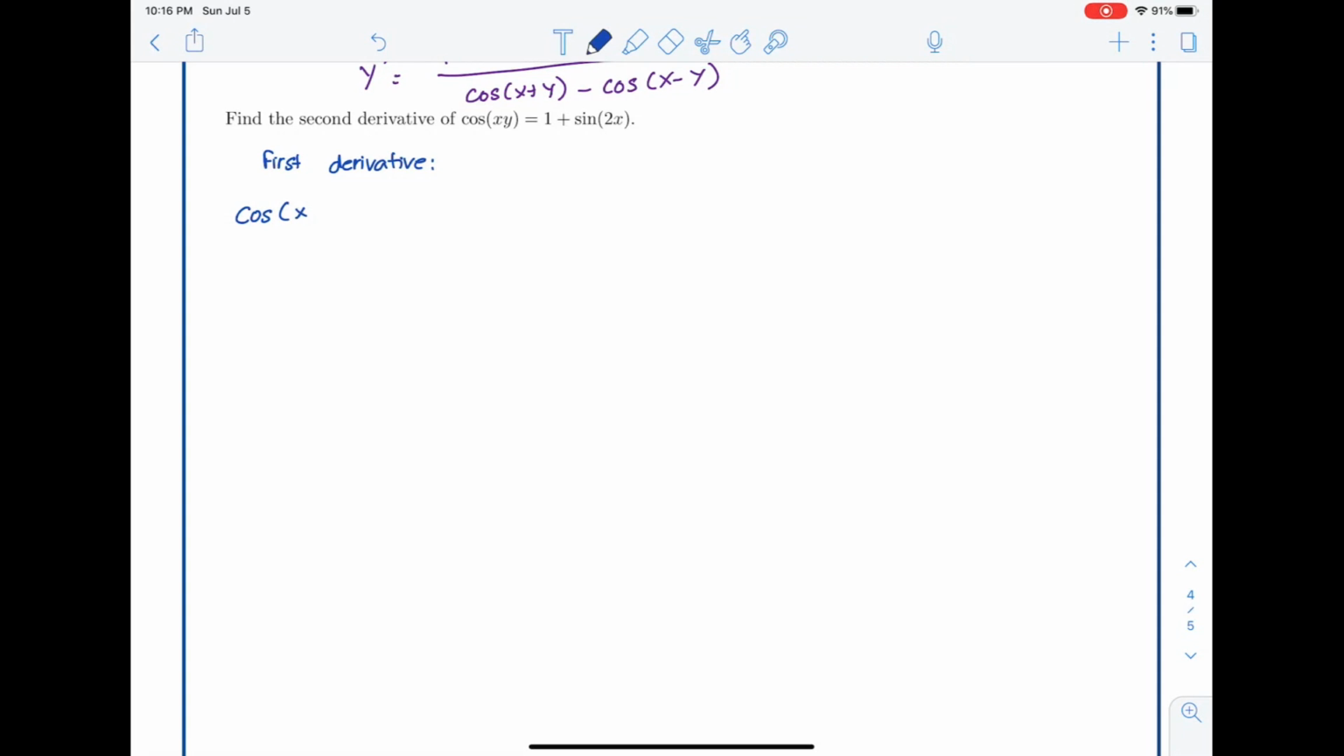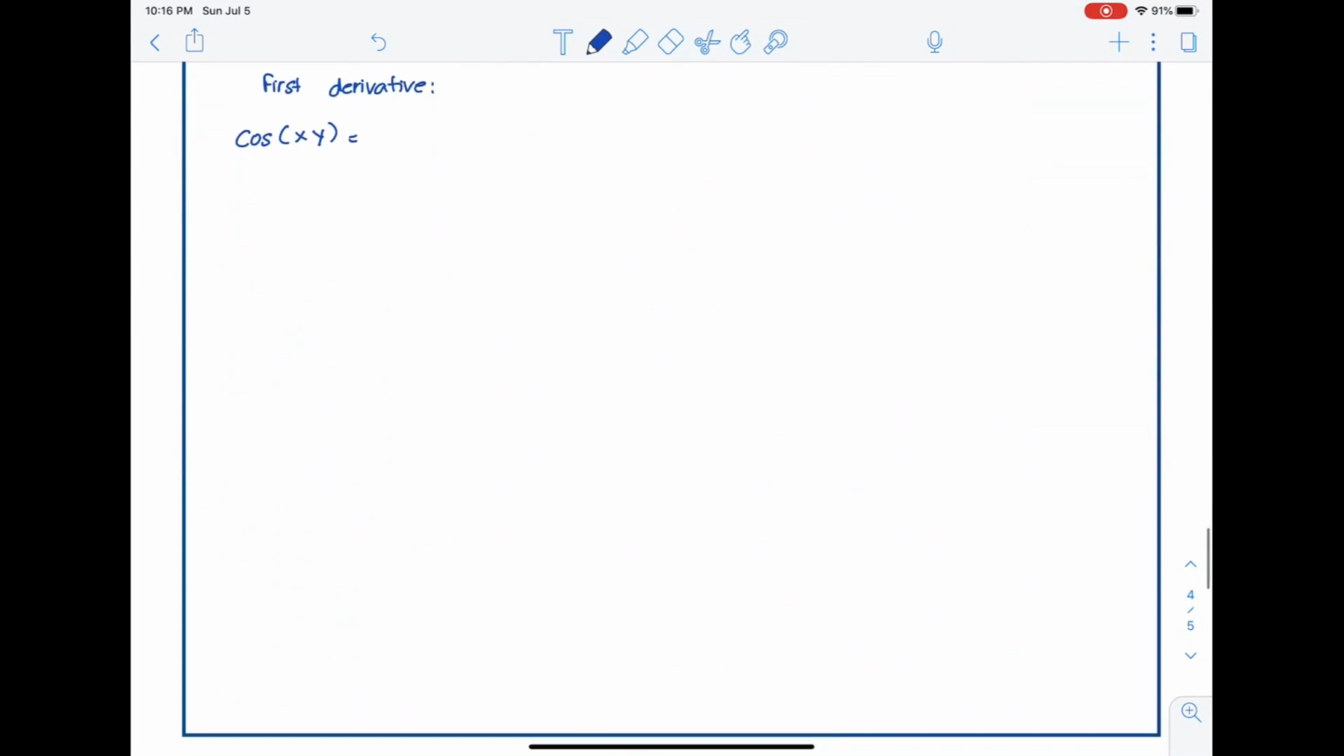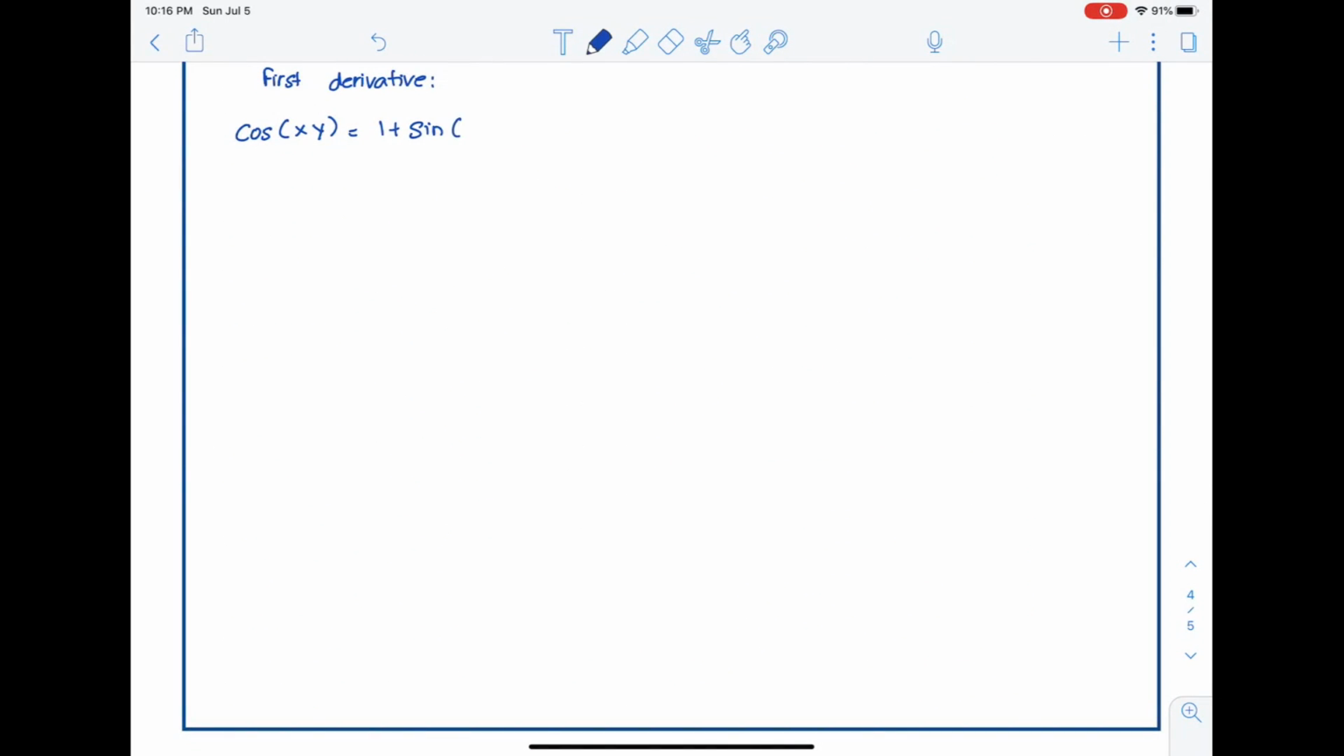what we have here is cosine of xy equals 1 plus sine of 2x. Going to treat that as just x, so the derivative of cosine of xy is minus sine of xy, but that is not simply x, rather it is a function of x, so we've got to multiply by the derivative of xy. But keep in mind, we have to use product rule here because x is multiplied to y. In the previous problem, we didn't have to. So if we use product rule,